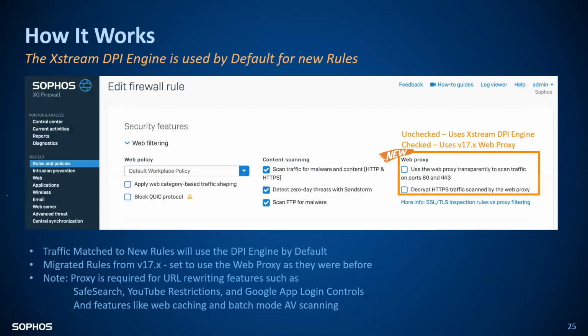So the Xstream DPI engine default rules are built in, to be very frank. As you can see, scan is on the right hand side. You can see the web proxy part. Previously, Sophos used a proxy, web proxy or normal proxy, to scan every traffic. But right now, by default, everything goes to the DPI engine if you do not select web proxy manually. So it is up to you which capabilities you want to utilize, proxy or DPI engine. My suggestion is to go for the DPI engine.